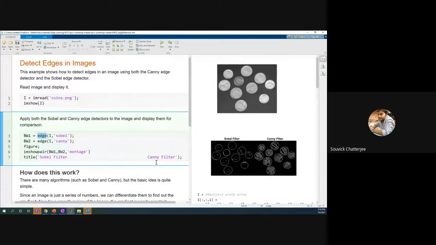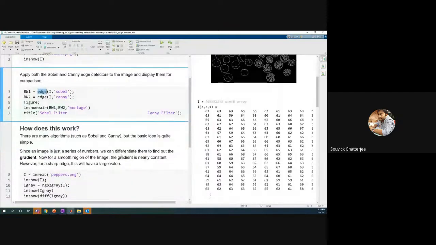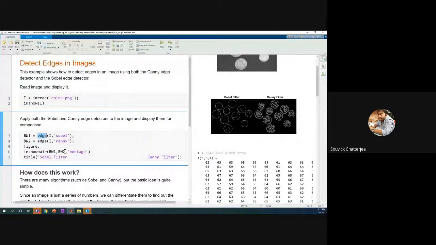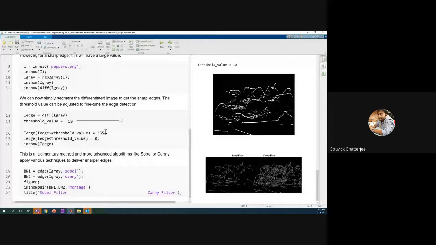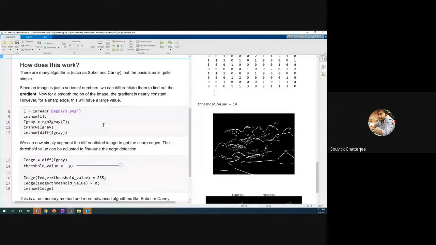Now here we are seeing all these images where we have applied these two algorithms for edge detection. How does this work? These are based on some gradient thresholding techniques, and these are inbuilt commands. If you want to know more about the algorithm behind this, it is basically based on a gradient. As mentioned previously by somebody, all these things are based on thresholding techniques. So at the back end, what is happening is we are basically taking a gradient of the image.